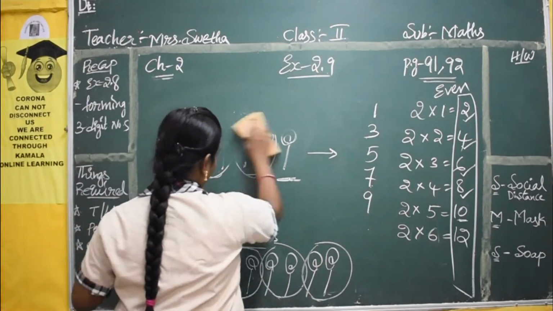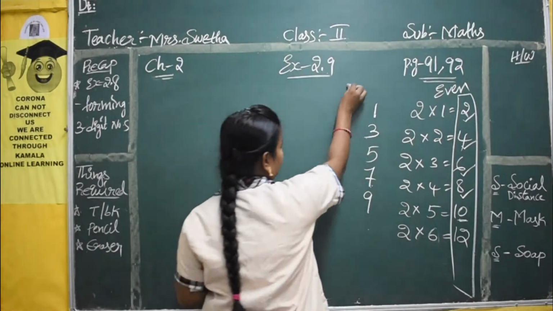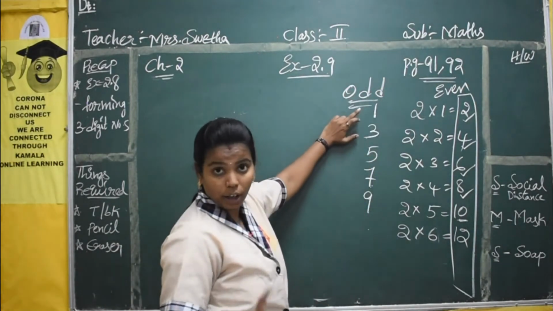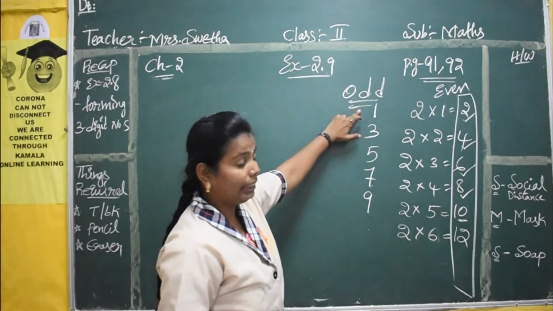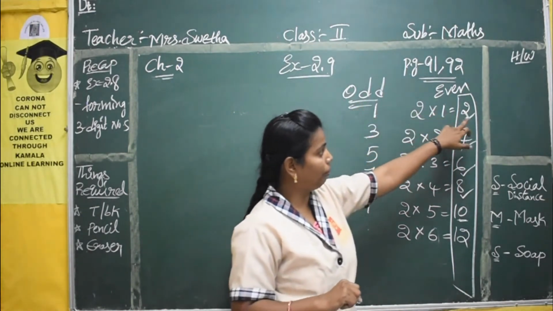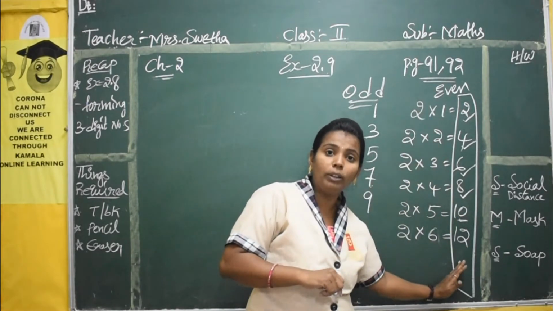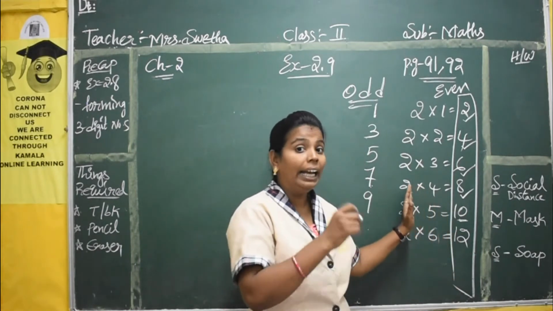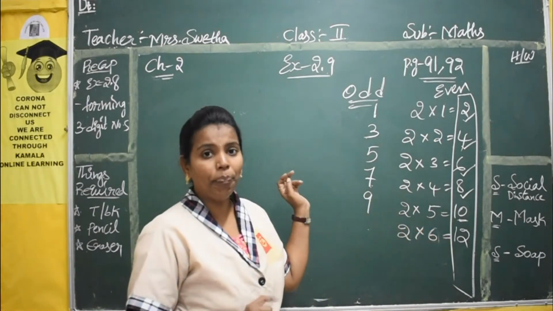See, I will tell. See here I said, this is odd. How did you identify 1? 1 is an odd number, single digit 1. Pairing cannot be done in 1. So it is an odd number. The next number I said, the next number 2, will become an even number. So here I have written the table. Whichever numbers you get in the 2 table, you can remember like this. Whichever numbers you get in the 2 table, if that ending number, last number, is there, that complete number will become an even number.